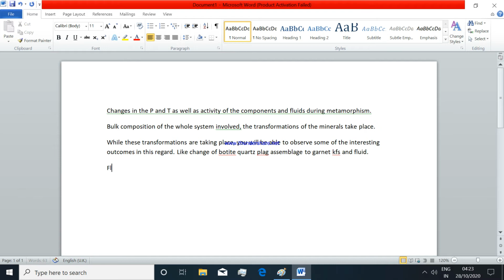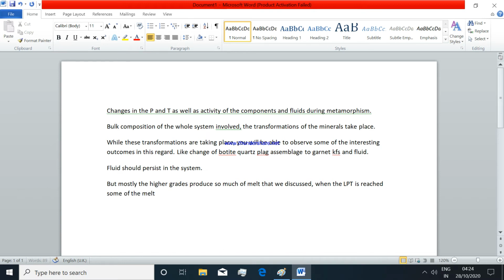Now in classic metamorphism, the fluid should persist in the system, but mostly the higher grades produce so much of melt that, as we discussed, when the liquidus/solidus is reached, some of the melt can escape the system, metasomatizing others. Now this is a big thing, that during the changes or during the processes of metamorphism, some of the fluids might escape the system. However, some of the bulk, some of the compositions will remain in the system as